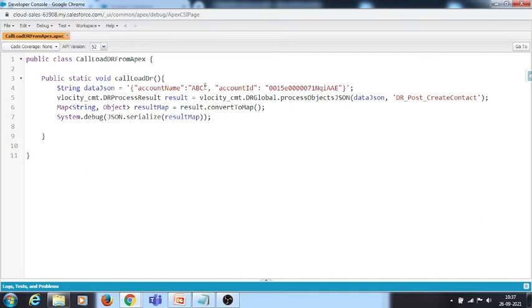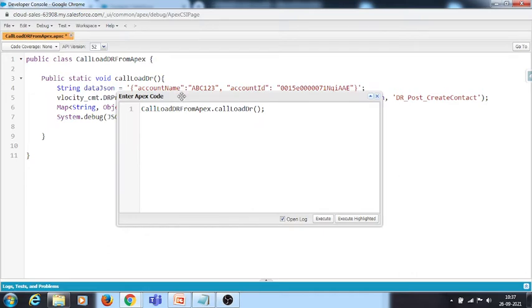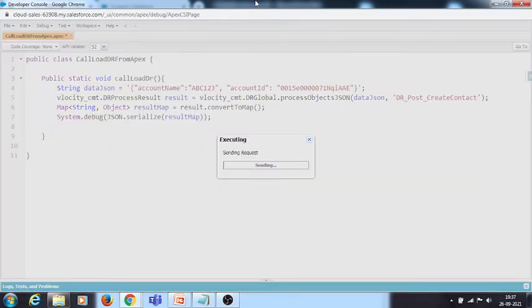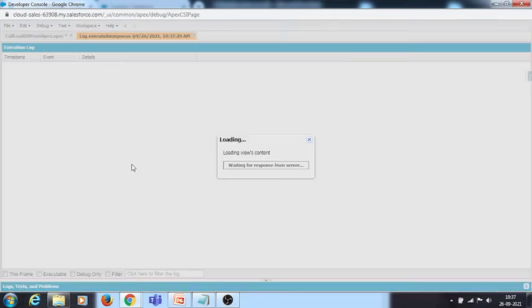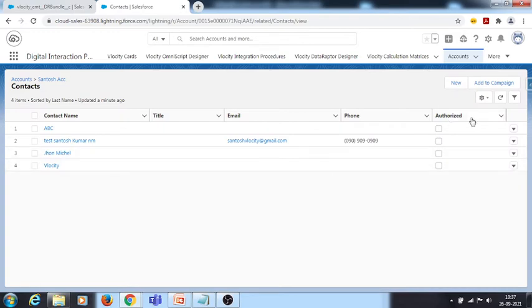Okay, let's see whether this will create a record or not. I am giving the name as 123 ABC 123. We'll see whether the same record gets created or not. For this we need to execute, and as this is a static method, only class name dot method name is fine. If I click on the checkbox, the logs will open. If we observe here, in line number 7 we will get the output. We'll also check whether any contact is created with ABC123.